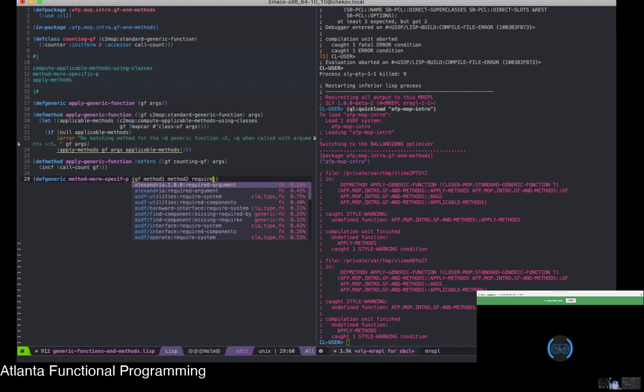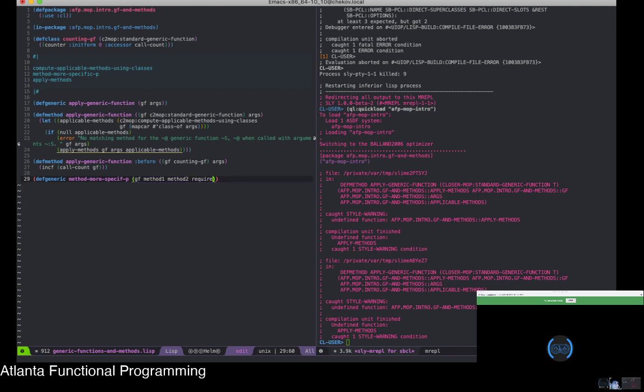The required classes. This is nothing more than, as I mentioned, it just checks to see, given two methods, which one is more specific given the required classes. That's usually what you do when you look up the class precedence list for a given class, and then you just figure out based on the class precedence list which one is the more generic